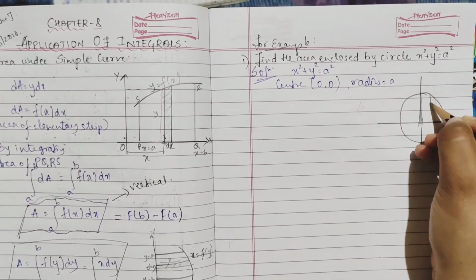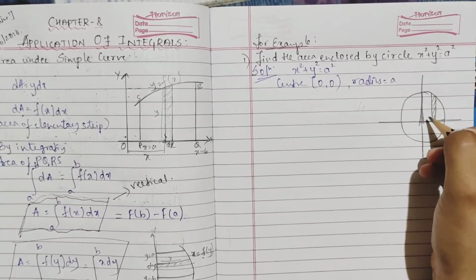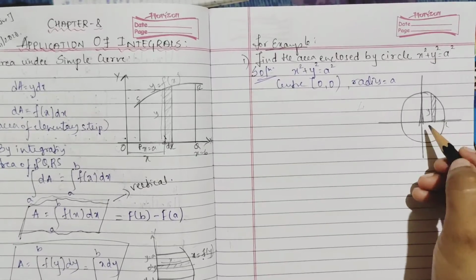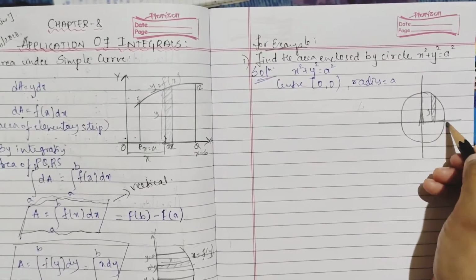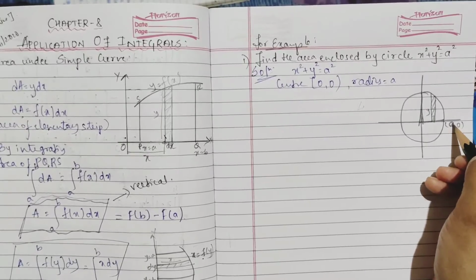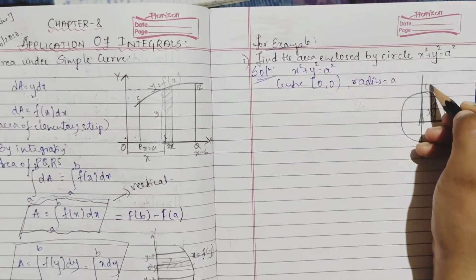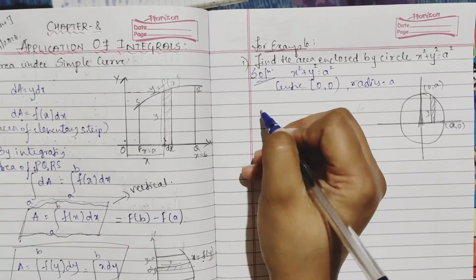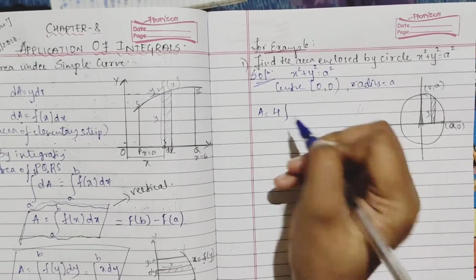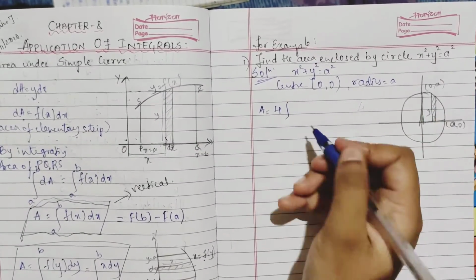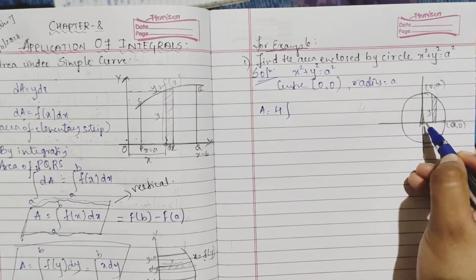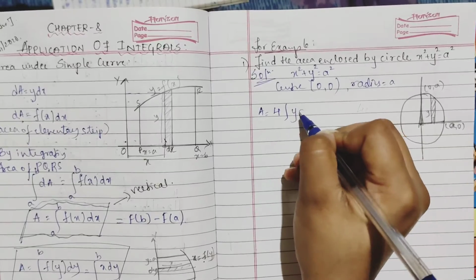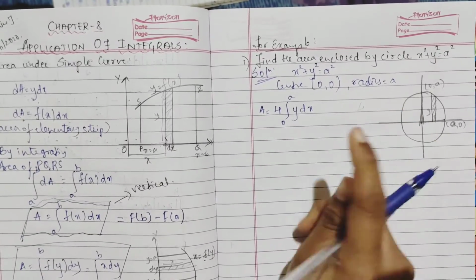Now to find this, we'll take a strip, right, which is y, and this is what? Its coordinates are your origin, and radius is a. Here also it is your origin and radius is your a. So how is the area found? A is equal to 4 times, right? 4 times you have to do, because it is symmetric in 4 parts, from your origin to a. So from 0 to a it will be y dx, from 0 to a, right?